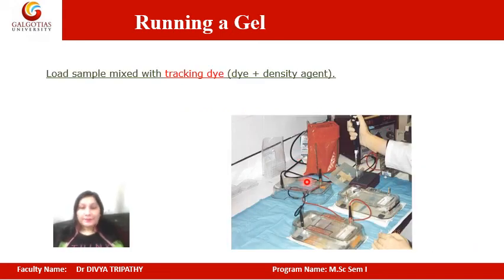This is a picture of a gel electrophoresis. This is the instrument. You can see here these are the different electrodes and this is the sample loading. A micropipette is used to fill the grooves formed by the comb, and then after closing the circuit, the separation will occur on the gel plate.